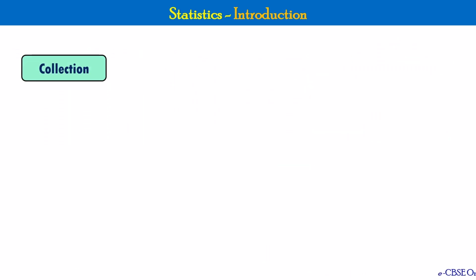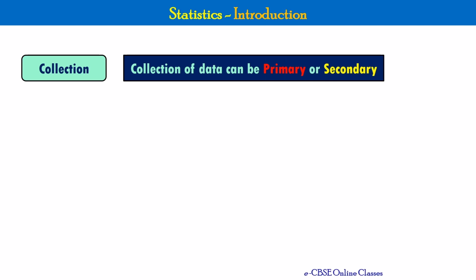First step is collection of data, correct? Let's take a simple example, like you want to collect the data of heights of students in your class. So how do you do that? Either you measure them yourself, or if there is already a logbook of student heights available with your teacher, you may refer to that log. So when you are measuring it yourself as a data collector, that is called primary data collection. And if you are taking it from some other source, that is called secondary, correct? Data collection can be primary or secondary.